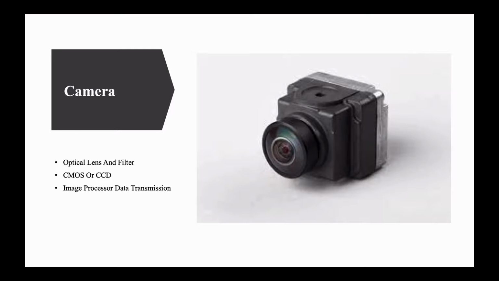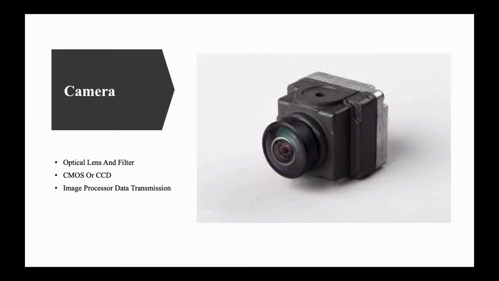Today's camera system adopts complementary metal oxide semiconductor transistors, which can reach 100 to 200 million pixels. A combination of monocular and binocular cameras and lidar system can provide a driver with information about the speed, distance, and the shape of an obstacle or moving object. Cameras can help drivers detect lane lines, obstacles, and classify roadblocks, and identify traffic signs such as traffic lights and speed limit signs. The light is focused on the sensor after passing through the optical lens and filter.